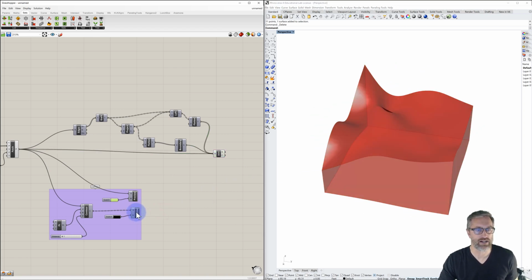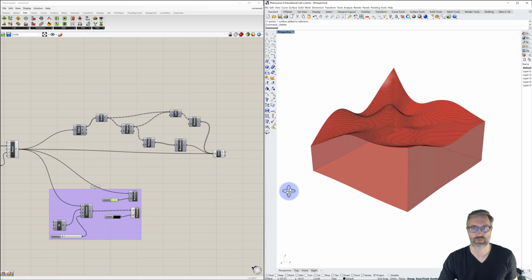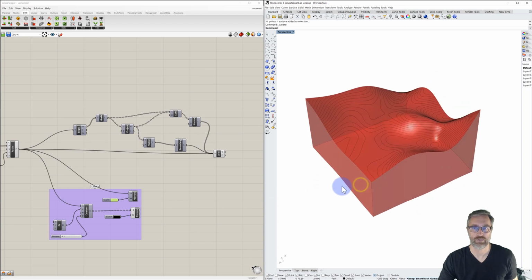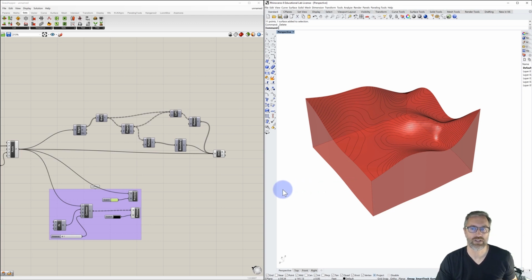We could turn back on our contour lines that are just on that surface, so we get a sense for that. We could also contour this in multiple directions. Rather than contouring it from bottom to top, we could contour it left to right. We could start to cut sections in it that way. But this is the second